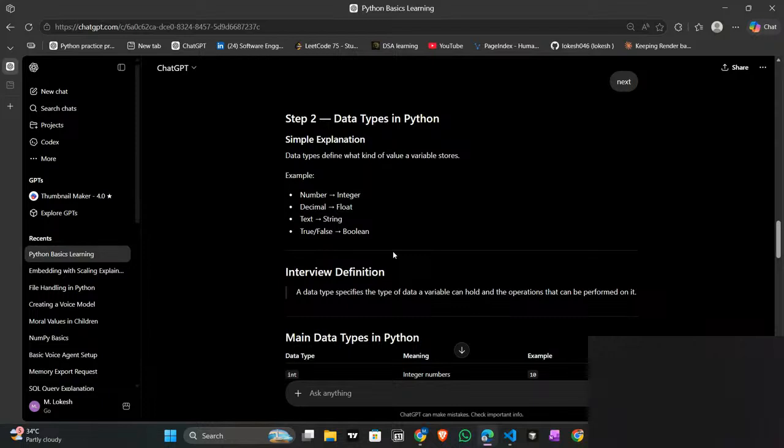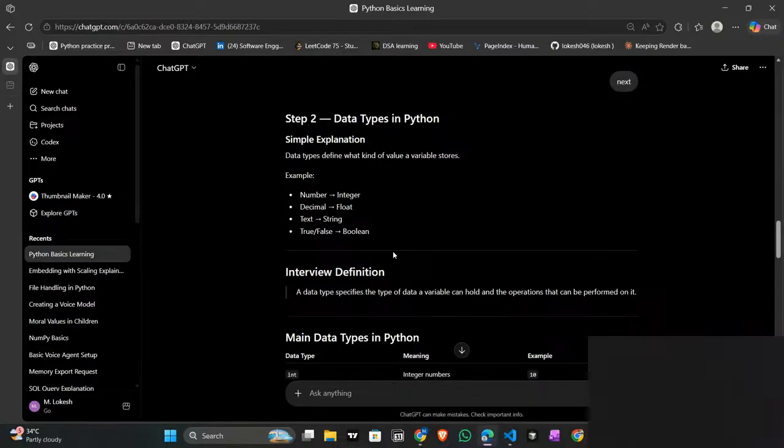A data type tells us what kind of data is in a variable.